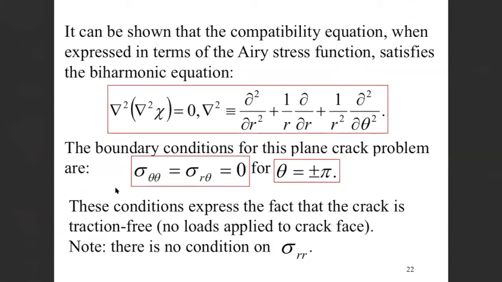We need to have a traction-free crack surface. And so we need the theta term. So if we have a crack here at this tangent, if this is a crack, this theta term needs to be